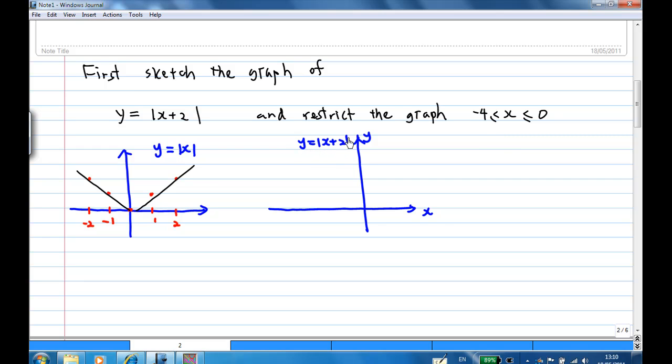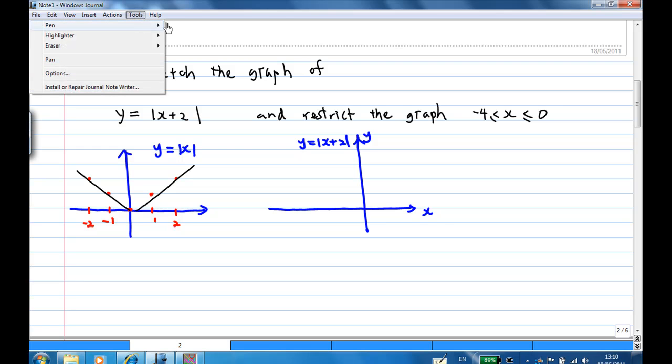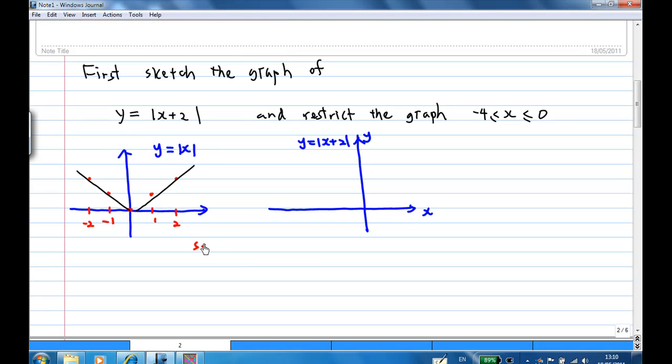Now this is obtained from the graph of y equal absolute value of x by doing a translation. Notice that if you put x plus 2 equals 0, you get x equal to minus 2. That means this graph is shifted horizontally to the left 2 units,